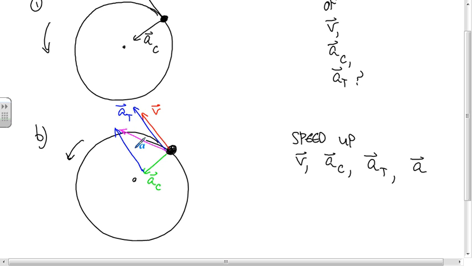Now, we can't define that direction for sure unless we knew what the relative magnitudes were of the tangential and centripetal. Like if the centripetal was really small, this would be closer to the direction of the tangential. If the tangential was really small, it would be closer to the direction of the centripetal. But we can break it up into kind of a quadrant type thing. Any questions about that?